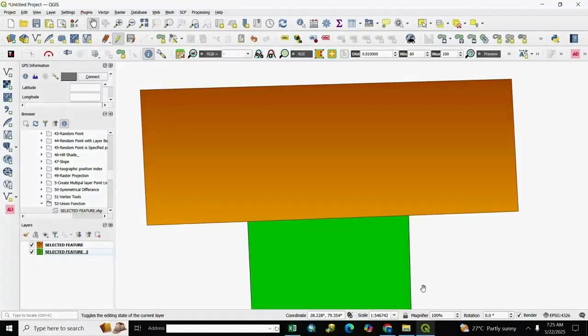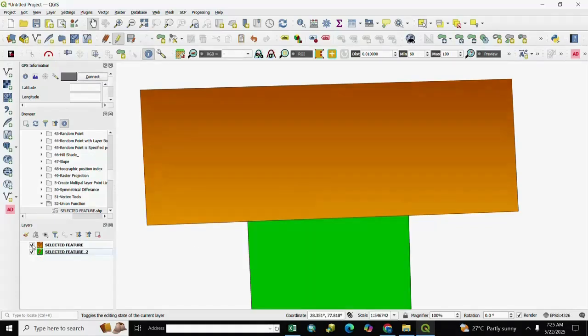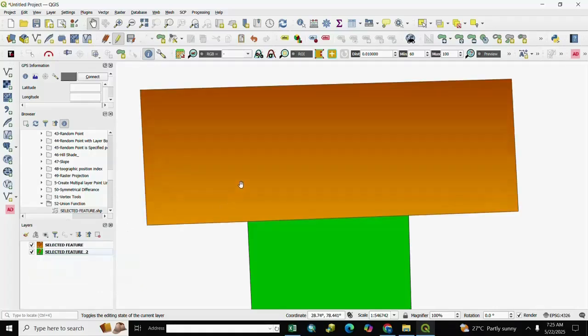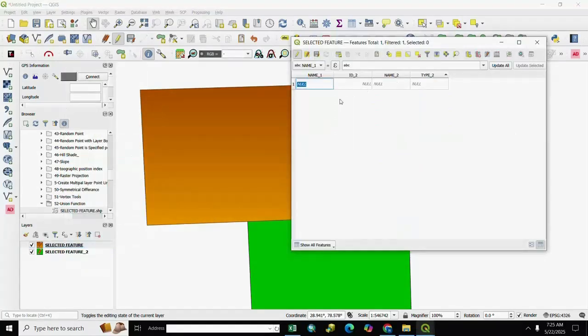So let's start. Here is selected feature 1 and selected feature 2, and we create a union of both. To create the union, we first see the attributes. Right click and go to open attribute table.